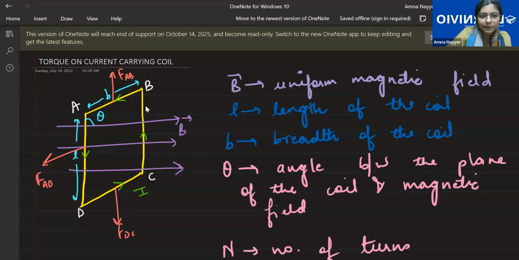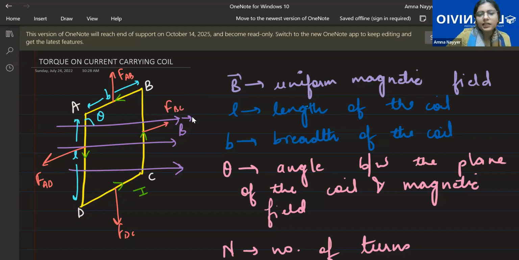I'll tell you for CB. First, you try. CB, current is moving upwards. Ma'am, I'm getting inwards. Yes, correct. Up means this. It could be this, it could be this. Now we know one thing, palm should face towards the right because the magnetic field is right. So directly it becomes inwards.